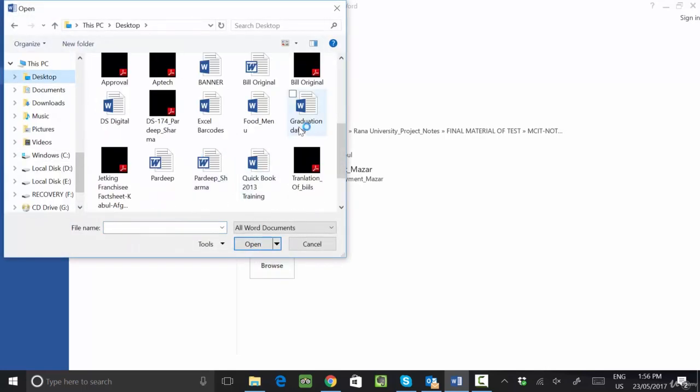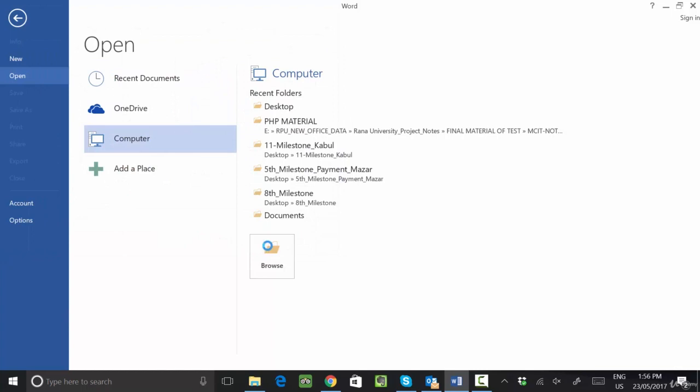For example, let's say I want to open this file, Excel barcode. Let me select this file and click on the Open button. Very soon this file will open in your MS Word.